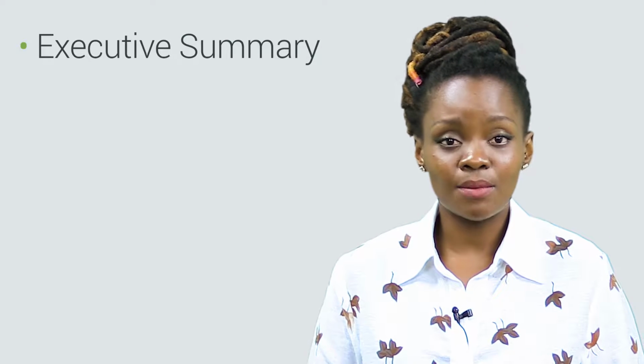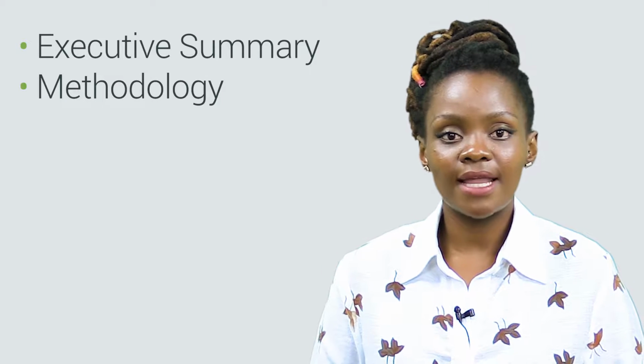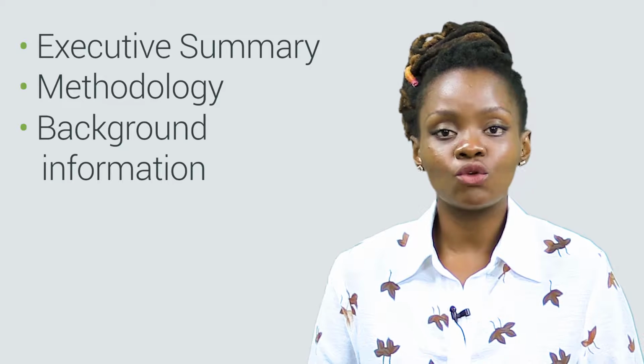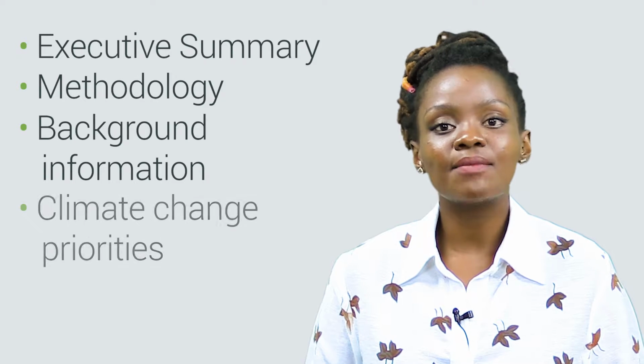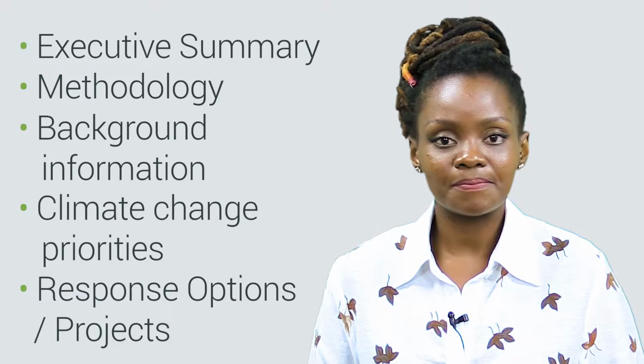Climate change response plans generally follow a similar structure. This includes an executive summary, some kind of statement of the methodology used in developing the plan, a summary of background information on climate change and of your particular area, key climate change priorities or vulnerabilities, and how you're going to respond to them. The first section of this plan should introduce the reader to the purpose of the plan